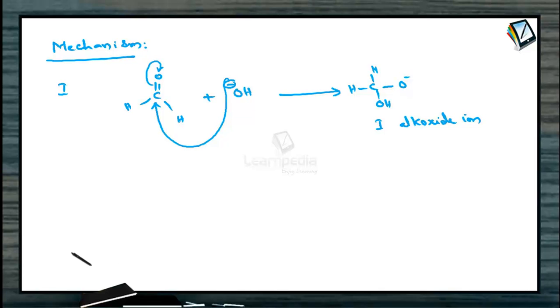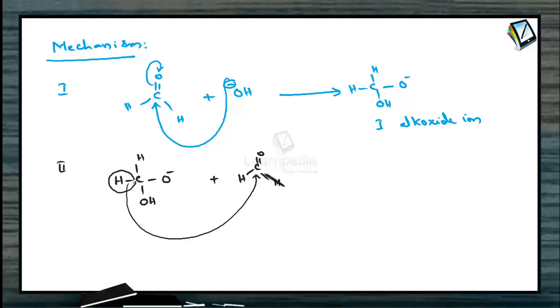In the next step, this alkoxide ion, that is the anion formed, acts as a hydride donor, that is, transfer of hydrogen with an electron pair. Hydrogen with an electron pair is called hydride, and it will be transferred to the second molecule of the aldehyde. The alkoxide ion, or in other words the anion, will transfer a hydride ion to another molecule of aldehyde. So this hydrogen with electron pair will get transferred to another molecule of aldehyde, so that this